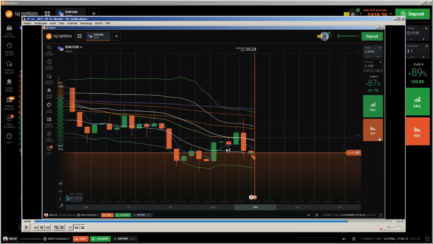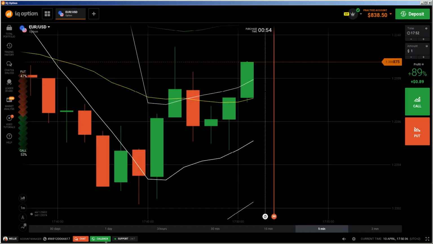But this is a setup, yes, because this candlestick closed below this kind of resistance area or support area. That means that this candlestick has broken this one, yes. This broke this support area. Now this support area has become a resistance area, yes, because you have to imagine that these two candles here are those two,